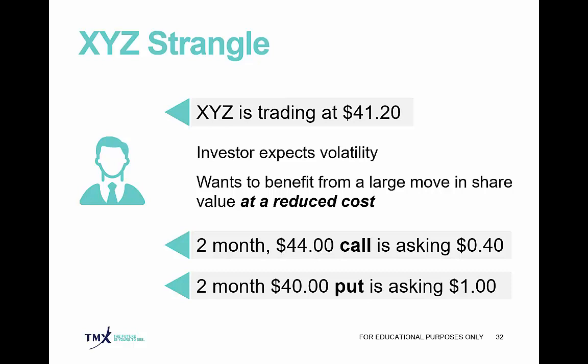So in this case, we're going to go out to the 44 strike call, 2 month till expiration, and that's asking 40 cents. So you can see significantly less cost than the 42 strike in the last example. The 2 month put at the 40 strike is asking $1. And so by going out of the money with our call and our put options, we've now reduced our cost